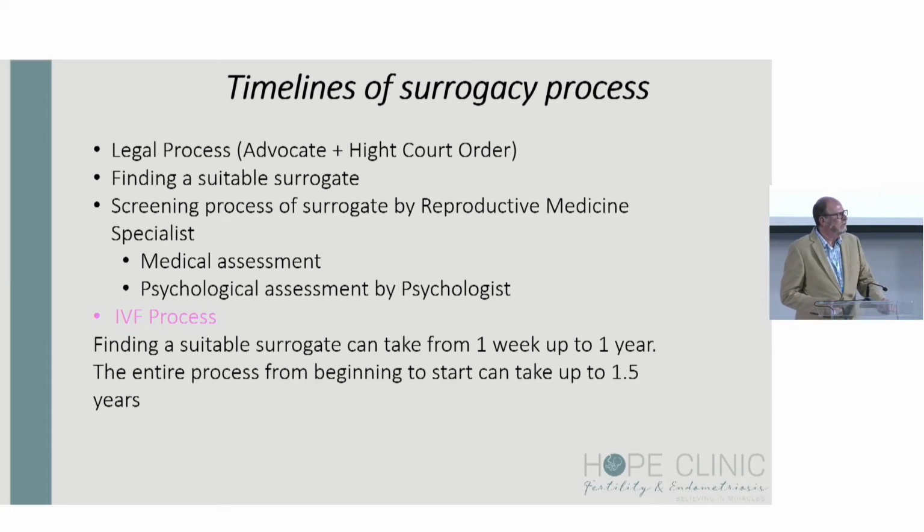And then the surrogate needs to be referred to a psychologist for a full psychological evaluation. And then also comes the IVF process, because the gamete or the embryo needs to be transferred, and we sometimes need to get eggs, or we need to get sperm, we need to make an embryo. That all takes time. So finding a surrogate can take 1 week up to 1 year,